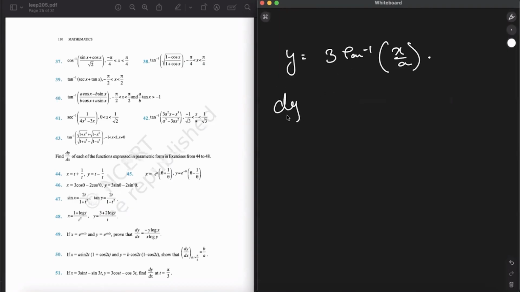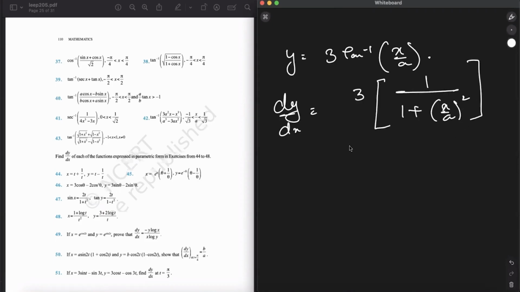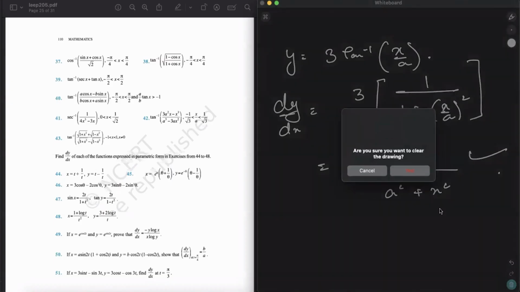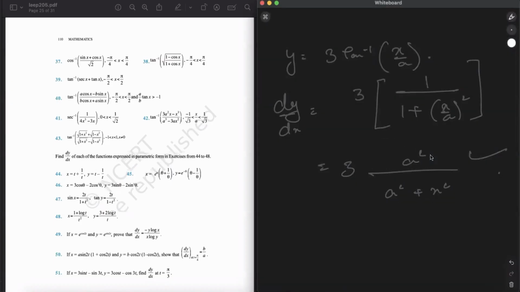Now, if I differentiate it with respect to x, what will I get? 3 times 1 upon 1 plus (x upon a) whole square. Simple. So 3, and this is (x upon a) whole square, so a square plus x square. This will be your answer. Moving forward,